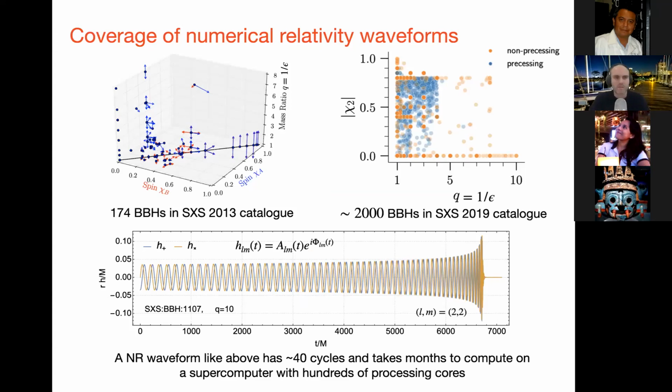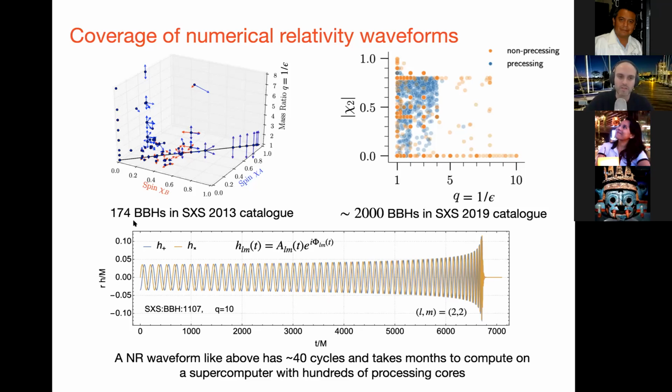Also, just one more thing to say about numerical relativity, about how far those are able to go and what sort of mass ratios they are able to cover at the moment. Since its inception in 2005, there have been a lot of simulations, and now people run simulation catalogs of results that are available out there. There are a few of these. Georgia Tech has one, RIT, BAM, it's public. But one of the most well known is the Simulating eXtreme Spacetimes catalog. It's a publicly available catalog from simulations done using the SpEC code.